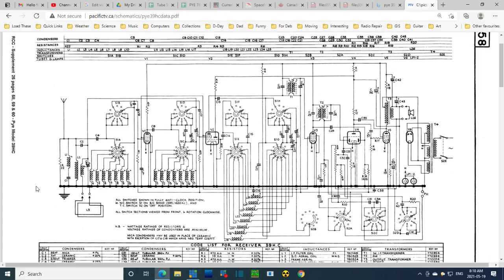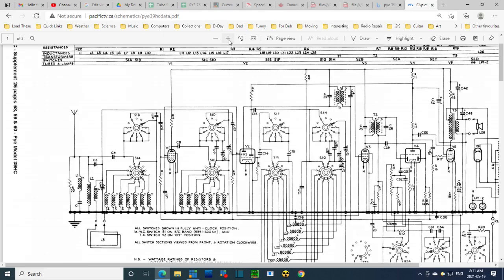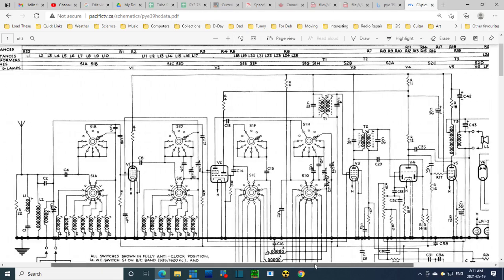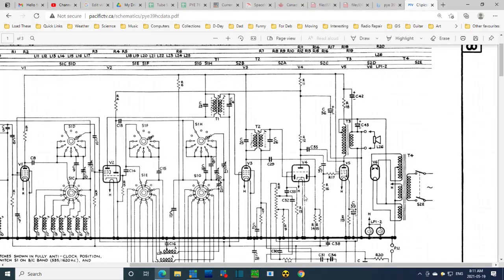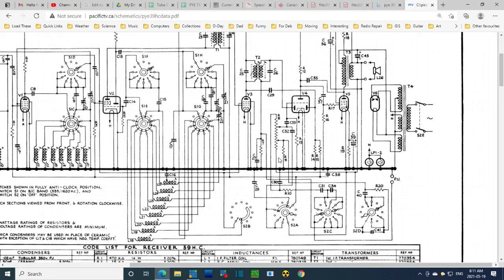Okay, Jim, extract away. So we'll look here. I'm going to zoom in on this area. We'll make it fill the screen better. I don't need to see the entire schematic. So here is the volume control, R8. The top of the volume control, the input to the volume control, is coming through this switch,